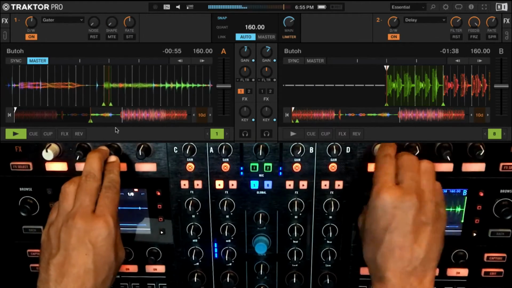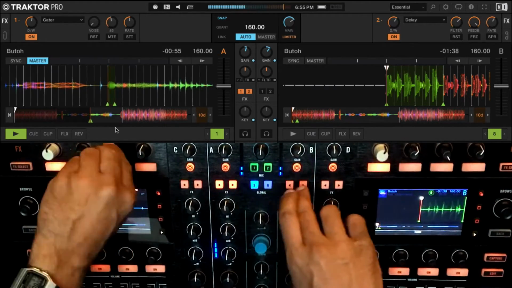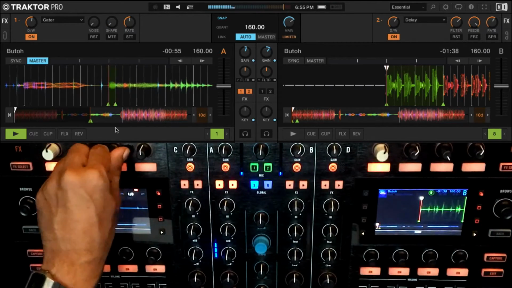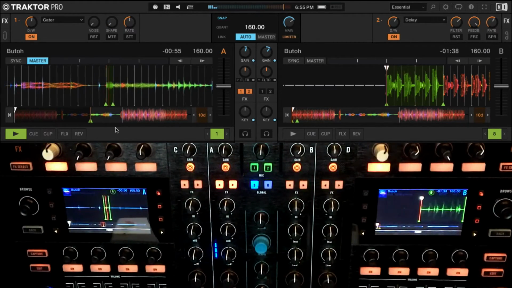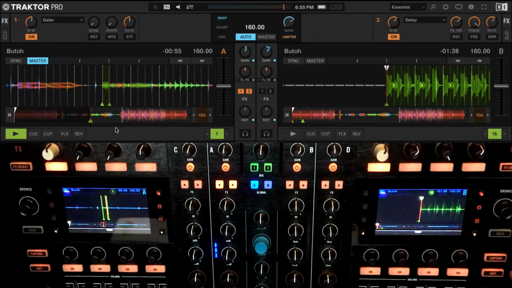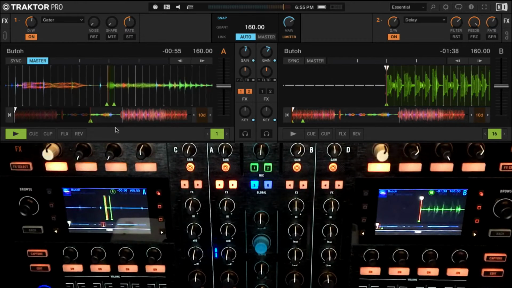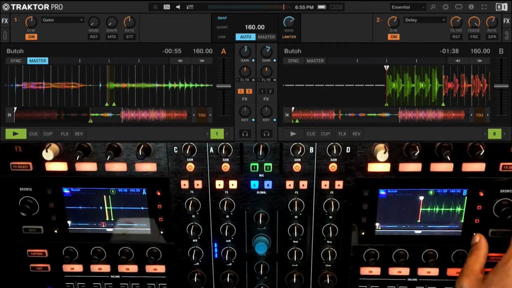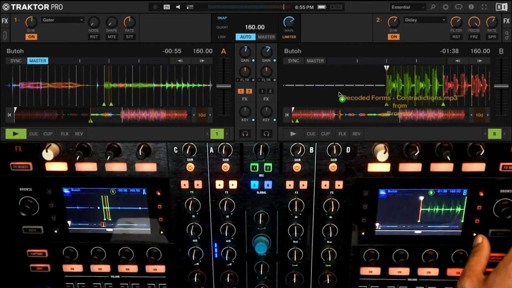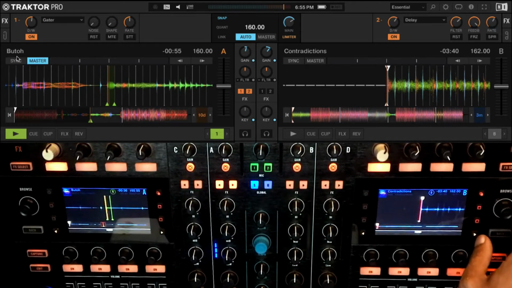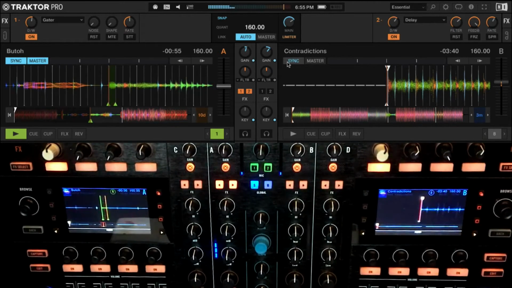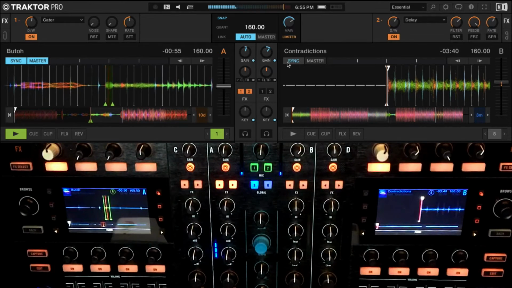So I could combine it with the delay like I was doing earlier. Maybe I load up another track on this side. So I could use a different track maybe. So let's put both these in sync now. What I have is a chopped up sound here.